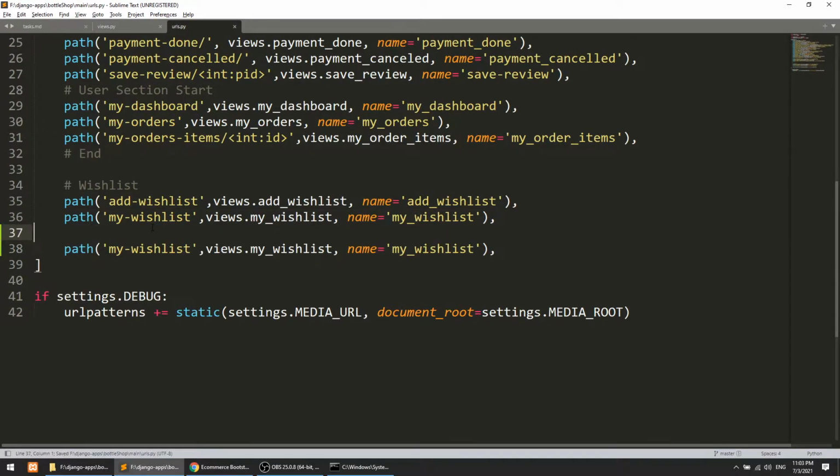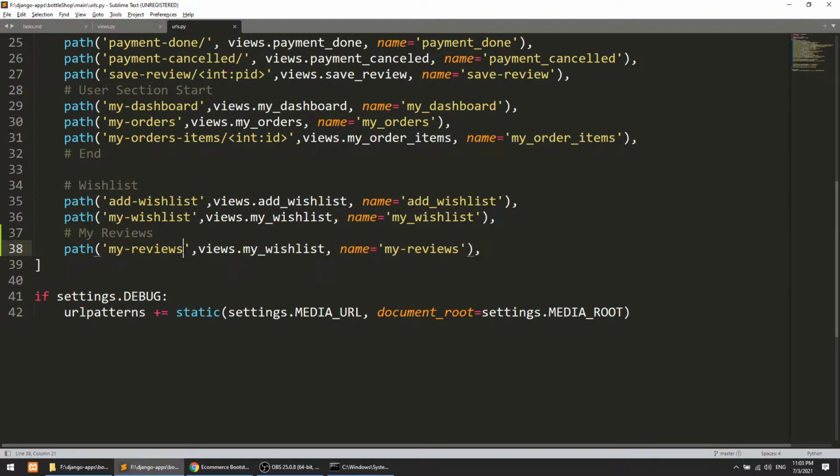Similarly, we will define this function my reviews, and in the urls.py file I'll copy this, paste it here, and define the name my reviews. I will not make it confusing like last time in the 34th video, where we had confusion in the wish list between underscore and hyphen. In this one I will make it the same.